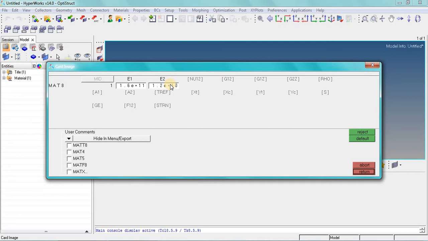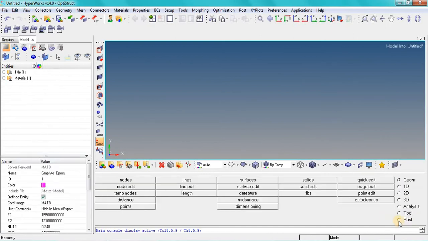NU12 will be 0.248. Enter. G12 will be 4.4 e power 9. G1Z will also be 4.4 e power 9. G23 or G2Z will be 3.2 e power 9. Enter. Once you finish entering the values, click on this return